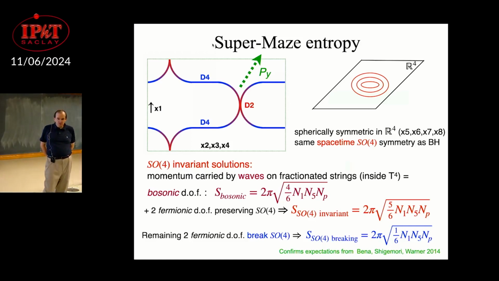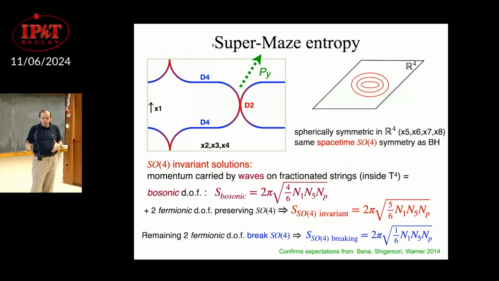No, but there are smoking guns. So for example, if you build numerically a solution, then I give it to Rodolfo or to David or to somebody, and you can ask in the CFT what it is dual to. And if, for example, this solution in the CFT, in the D1-D5 frame, is dual to fractionated momentum carriers, so momentum carriers which have 1 over N1N5 or 2 over N1N5 momenta. The momenta in the superstrata are quantized in units of 1, 2, 3. When you have N1N5 D-branes, the momenta can be quantized in much lower units. And that's something which people can actually calculate using precision holography.